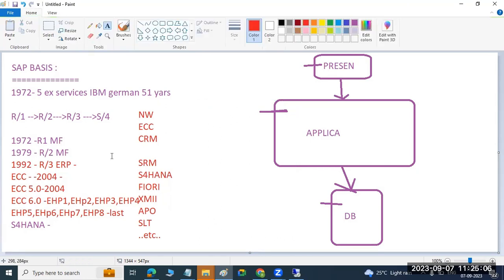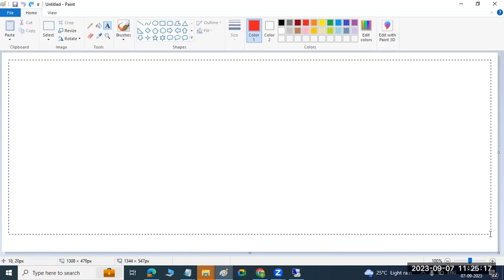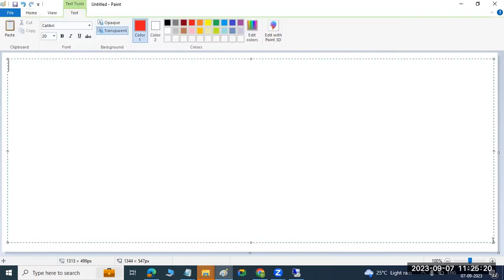To use any SAP product, what we require is that we have to perform the installation. It is called the SAP installation. Only then can we log into the SAP systems and work here. So here, to perform the SAP installations,